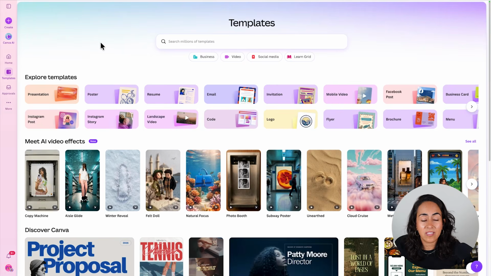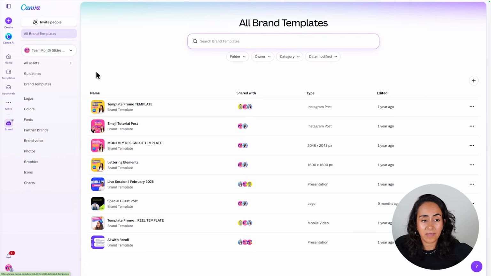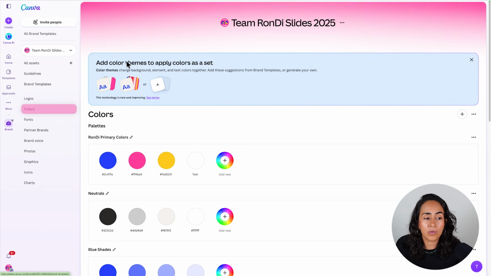If you are a Canva user, you probably know that you can create and set your own brand kits. The brand kit section is located here on the left panel. You're gonna go to more and then click brand. As you can see, this brand kit has brand templates, logos, colors, and more. This is a premium feature, and the new feature here is that you can access your Canva brand kits within